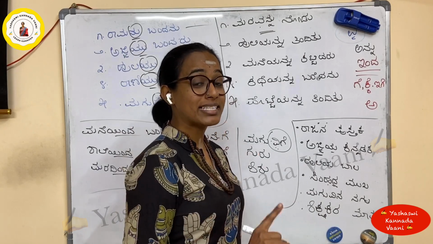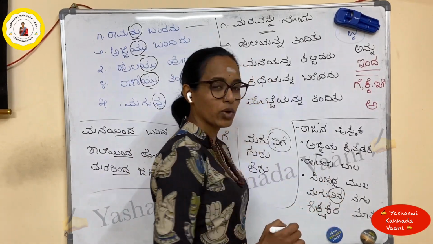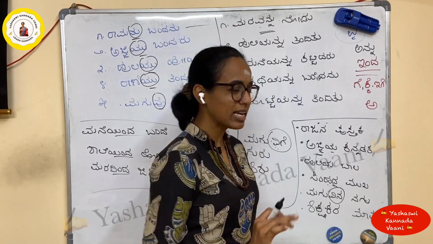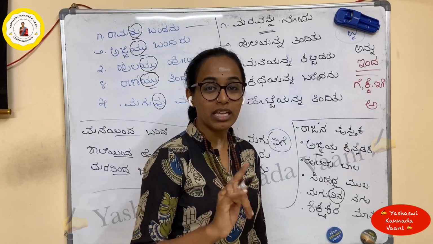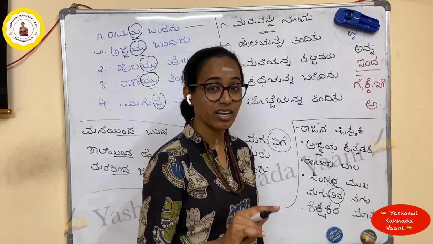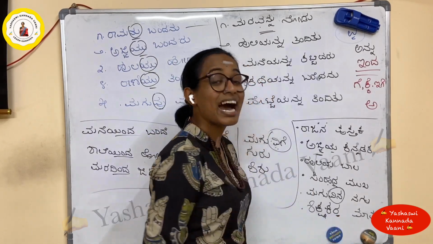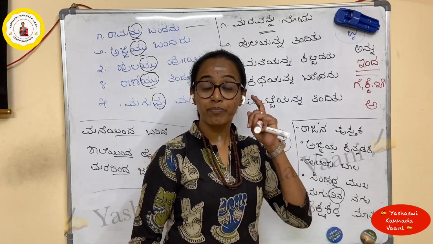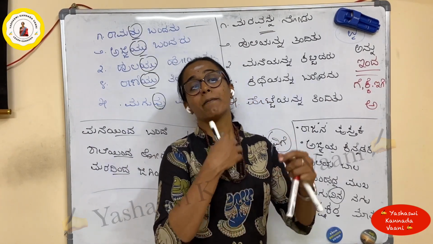If the word is ending with the o sounding, then something different is going to happen. We'll explain that one later, okay? As of now, you can remember, mostly it will be like this. Ina: maguvina, guruvina, shishuvina. If it is with respect, it's always ra: shikshakara, avara. If there is a name, for example, my name,